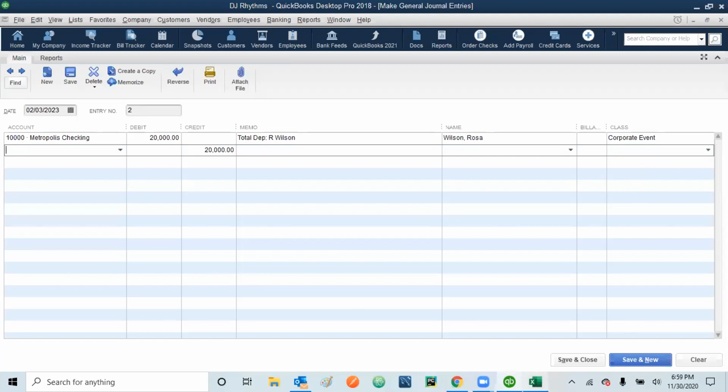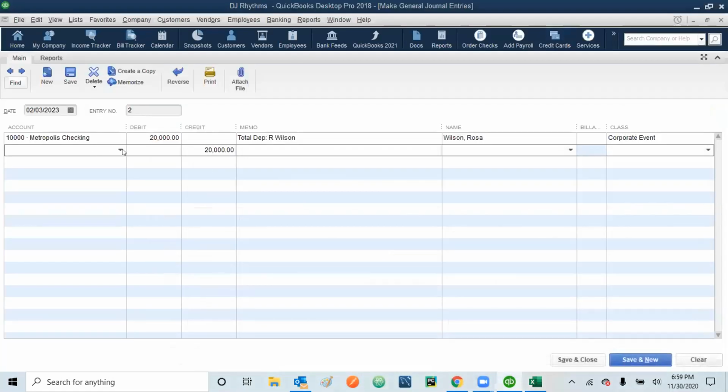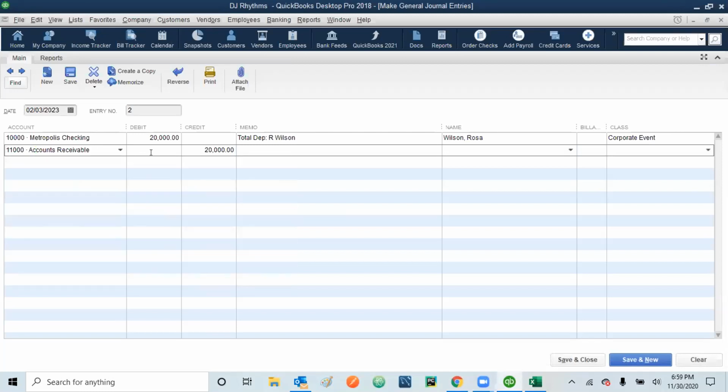So it means you created one account receivable, but now the account receivable will decrease because you already got that money. So your asset is decreasing. So you have to update that asset in the credit account. Once an asset is increasing, you update it in the debit account. Once the asset is decreasing, you have to update it in the credit account. So again, you have account receivable that was here. So now you are putting it into the credit one.